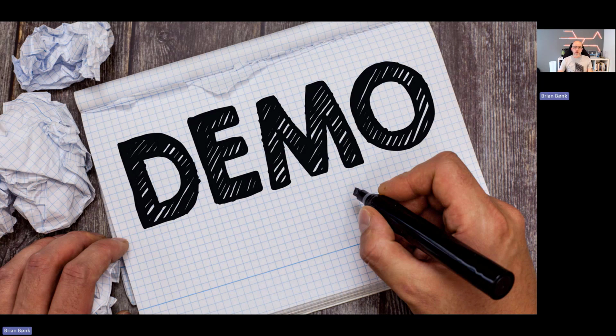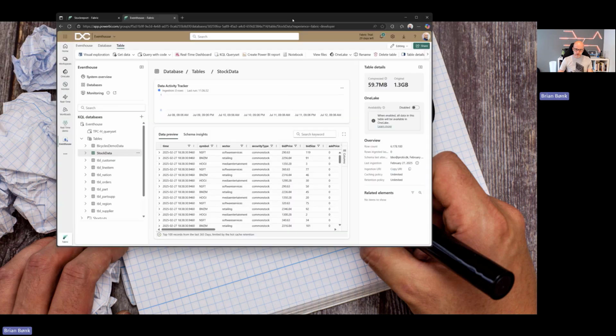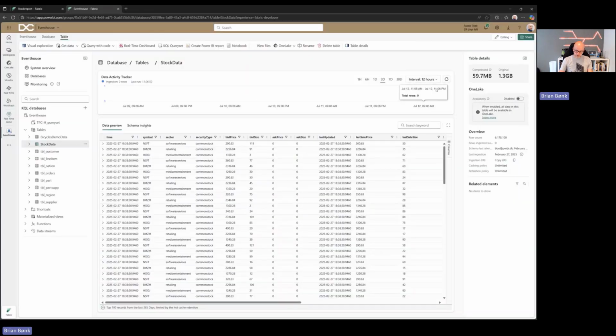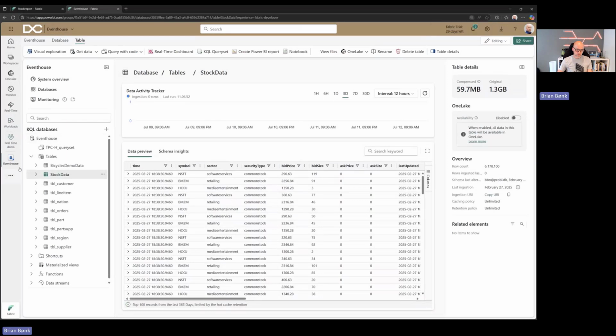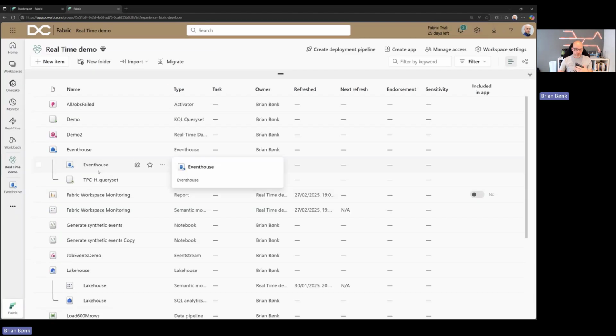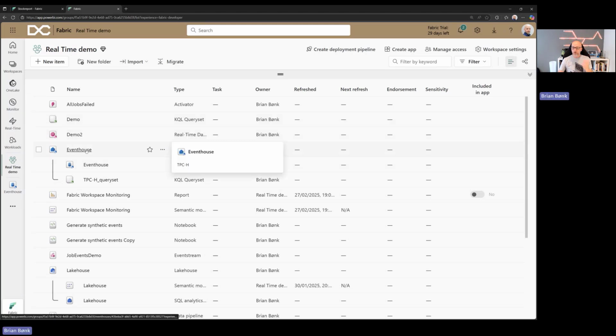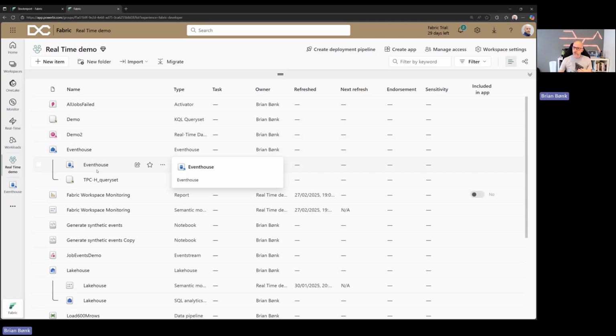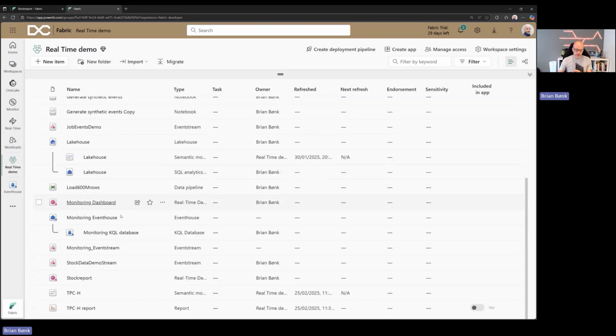So, my Fabric environment is right here. Let me maximize this for you so you can see it and zoom in a bit. So there you go. Let me start by showing you what I have done. Here I have quite a standard workspace, nothing out of the ordinary here. I have an event house with a KQL database underneath the hood,